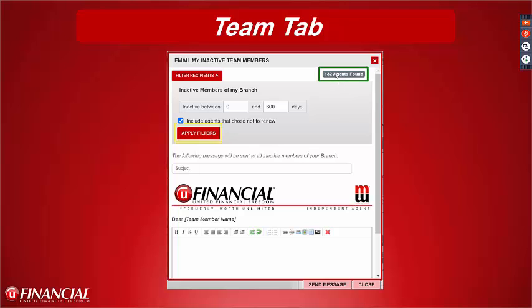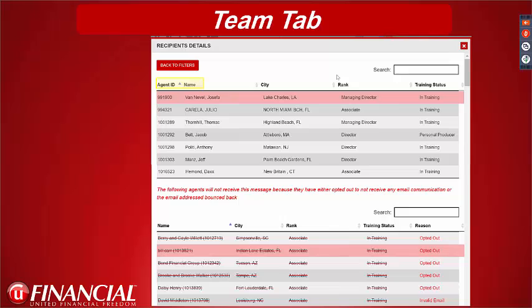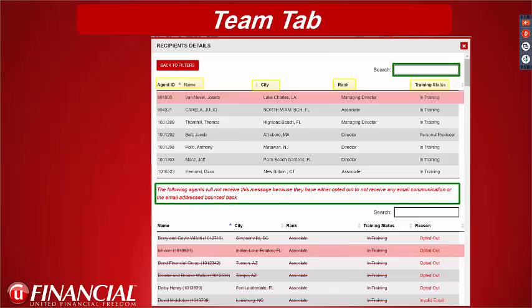132 agents found. So if we click on those 132 agents, it's going to bring up this report. Now in this report, we're going to see name, city, rank, training status. We can search for different people that we're looking for if they're on this list. But we also, down in the list, we're going to be able to see